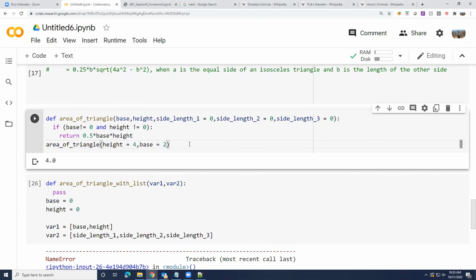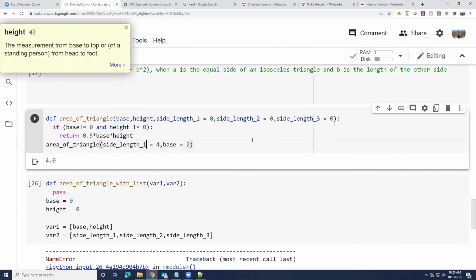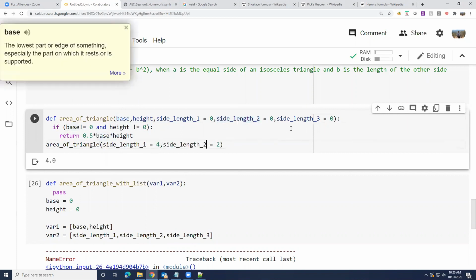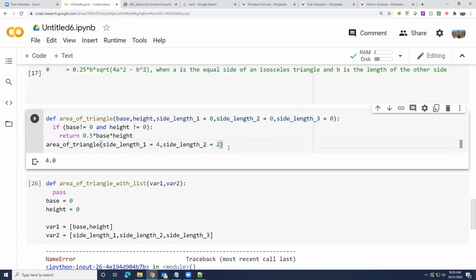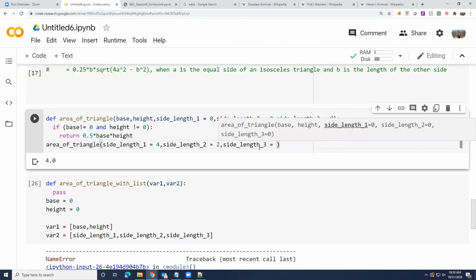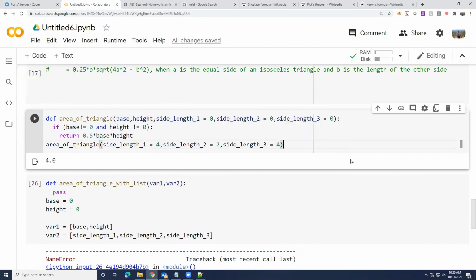But what if I want to call this now, same area of a triangle, I want to call it with side length 1, side length 2, and side length 3. Can this thing form a triangle? Can these three sides 4, 2, and 4 form a triangle?